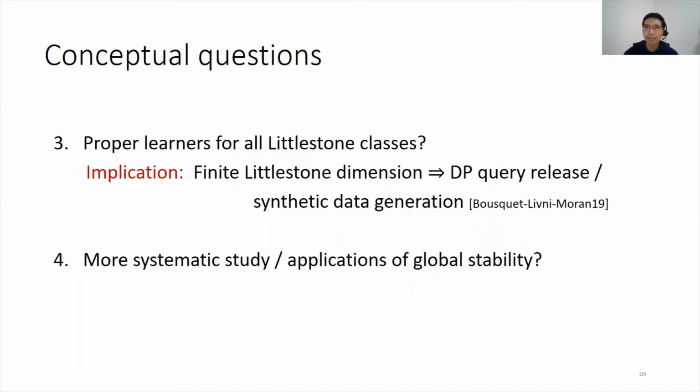Finally, our result was driven by the intermediate notion of global stability. It would be interesting to develop a deeper understanding of its properties, especially as they relate to generalization. Note that global stability seems closely related to the notion of pseudo-deterministic algorithms, as first studied by Gat and Goldwasser. It would be interesting if such a connection could give a principled way of designing new globally stable learning algorithms.